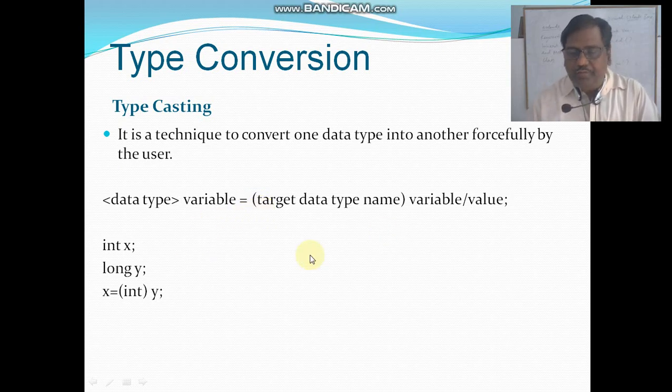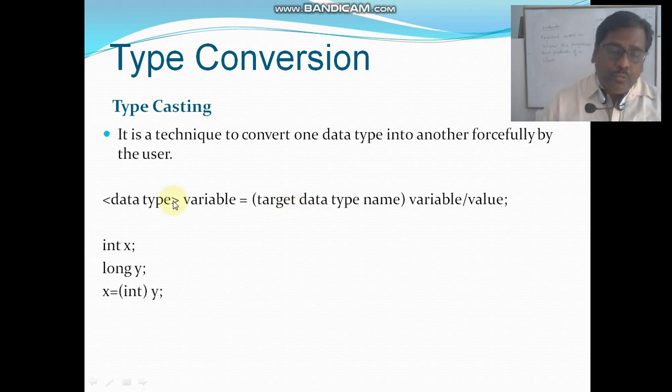What we do is take the variable and, before the variable, place round brackets, and within the round brackets we type the name of the data type we want to convert to.